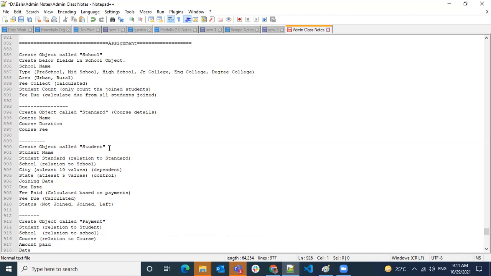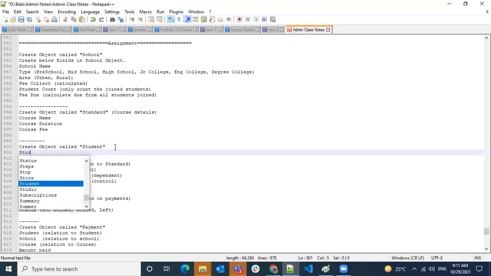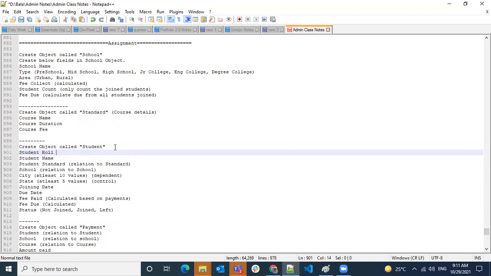Okay, and create one on student: a student roll number. It has to be auto populated, like 2021001.